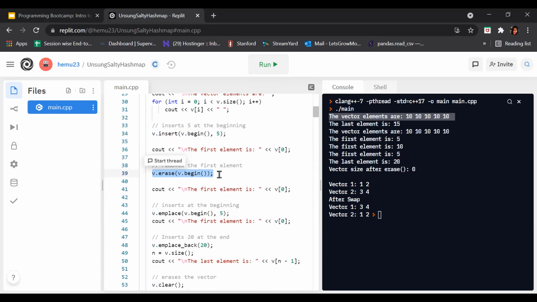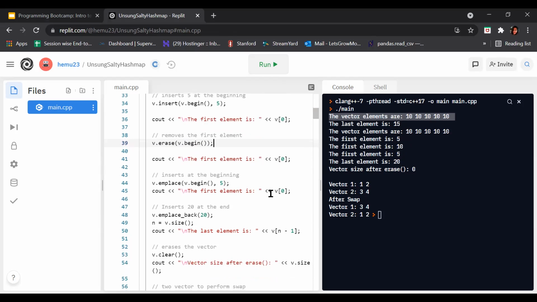It just erases the first element. Now if we print, what is the first element? We got 5, 10. Sorry, we got 10. Why? Because first we added 5 at the beginning, but after that we removed the first element by doing v dot erase. Now again we will check that if it got removed, then 10 will be the first element.